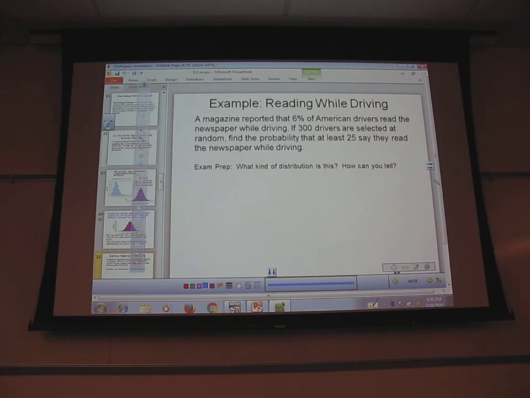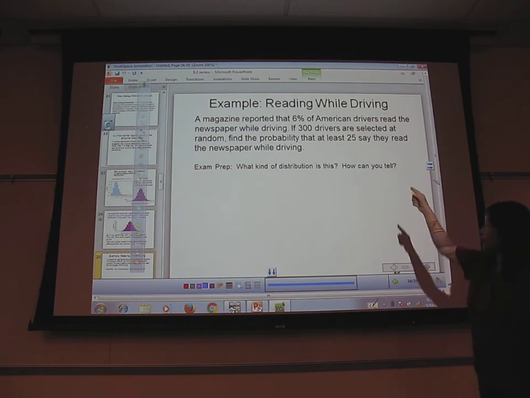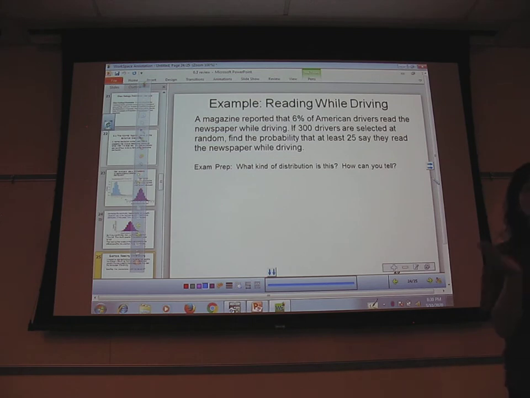If you're getting qualitative data, especially yes-no data, then either is or isn't, then you're thinking binomial, because it's only two possibilities. It either is or it isn't. So here, because I'm getting yes-no answers, we're talking about proportions, we're looking at binomial. Does everyone understand what I'm saying? Either you are or you aren't.